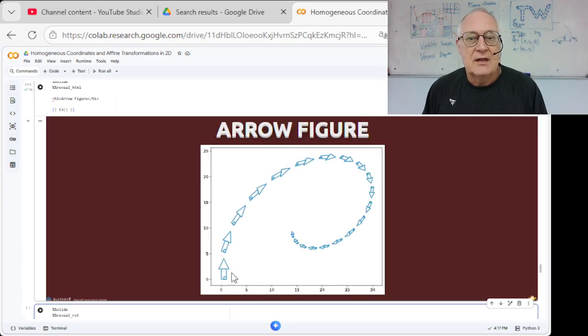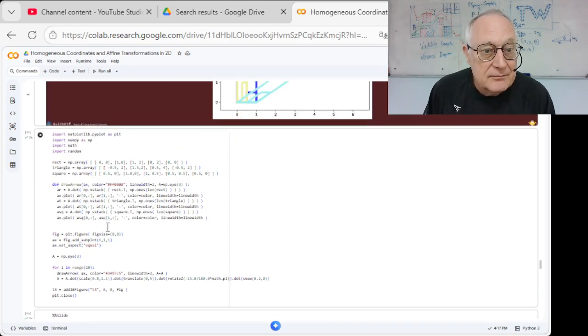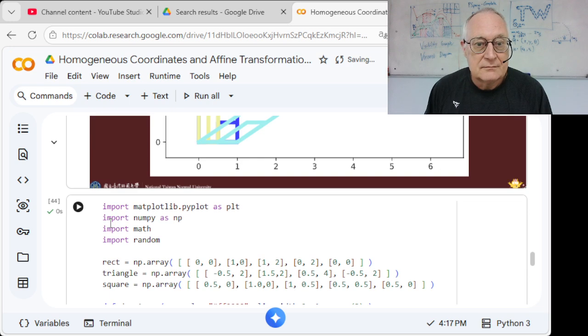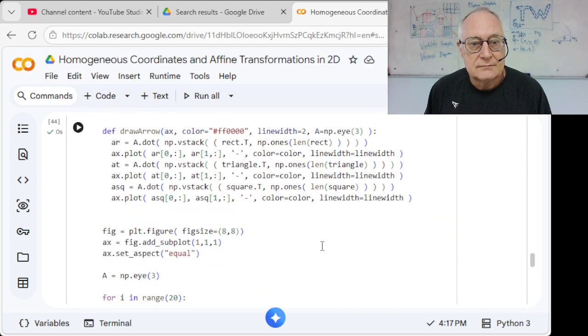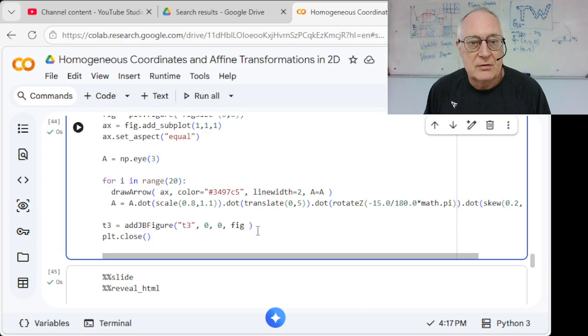And then, given that, you can generate some nice iterative figures. So here I take the arrow and have a function that draws the arrow with the shape, so it's easy to see. And here, in a loop of 20 times, I